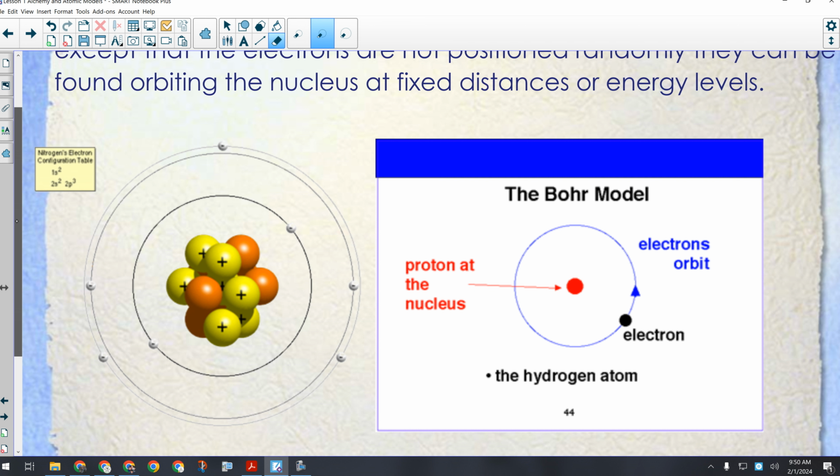When they fall down, they release the energy they gained, and that's the energy that plants use to break water and carbon dioxide up and make sugar. That's what powers photosynthesis, basically the structure of the atom and the ability of an electron to jump around. So Bohr's model doesn't really explain that, so that's why we accept now